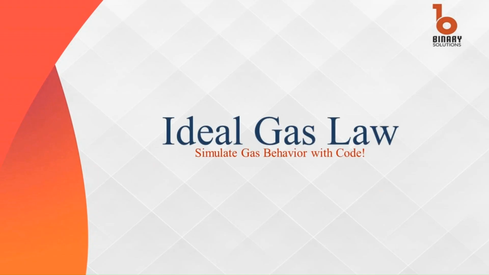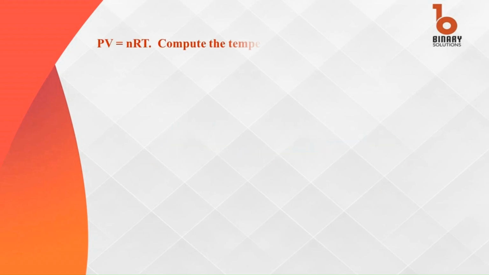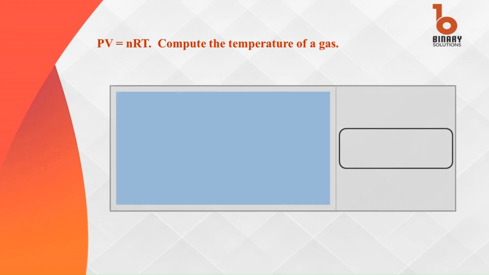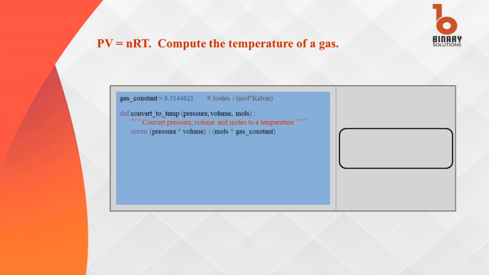The ideal gas law is an equation that describes the relationship between the pressure, volume, and temperature of a gas. This program uses the ideal gas law to compute the temperature of a gas given its pressure, volume, and the number of moles. The function convert to temp takes in three parameters: pressure, volume, and the number of moles of gas. It then applies the rearranged ideal gas law equation to calculate the temperature, where R is the gas constant